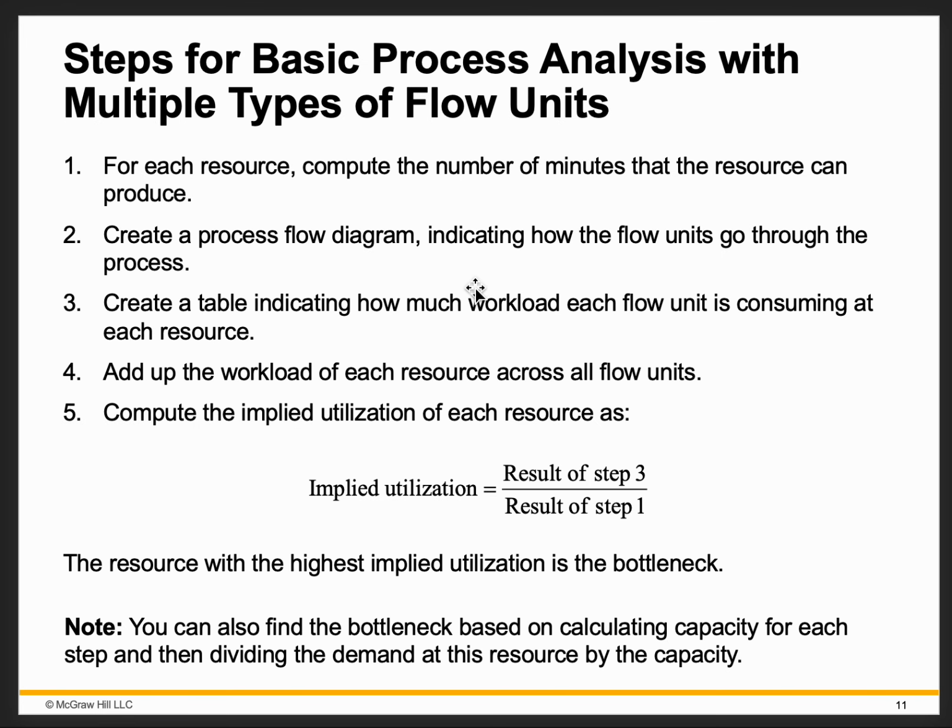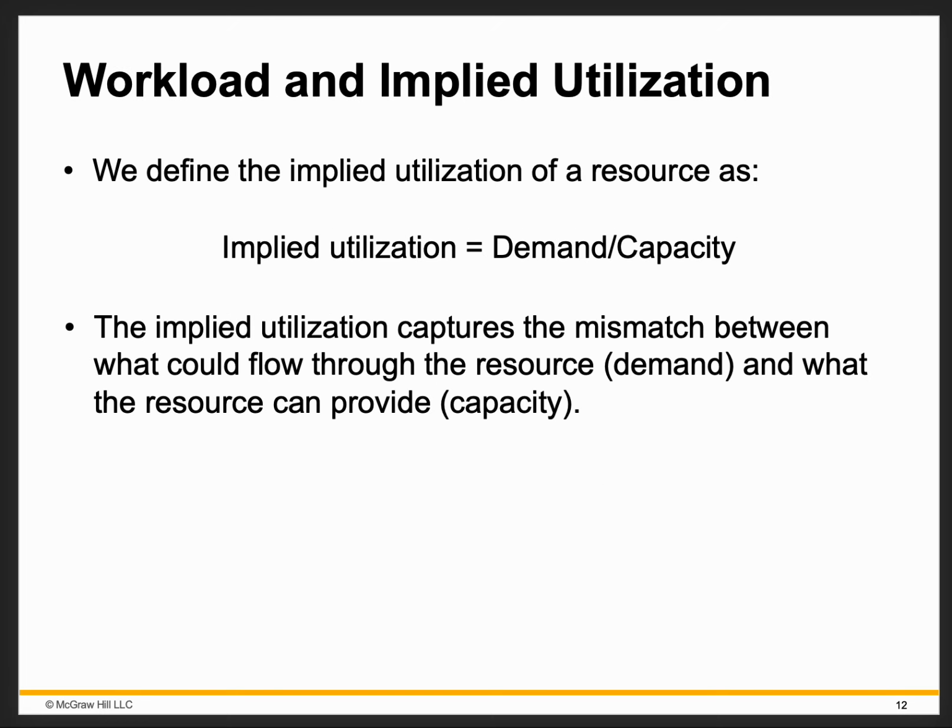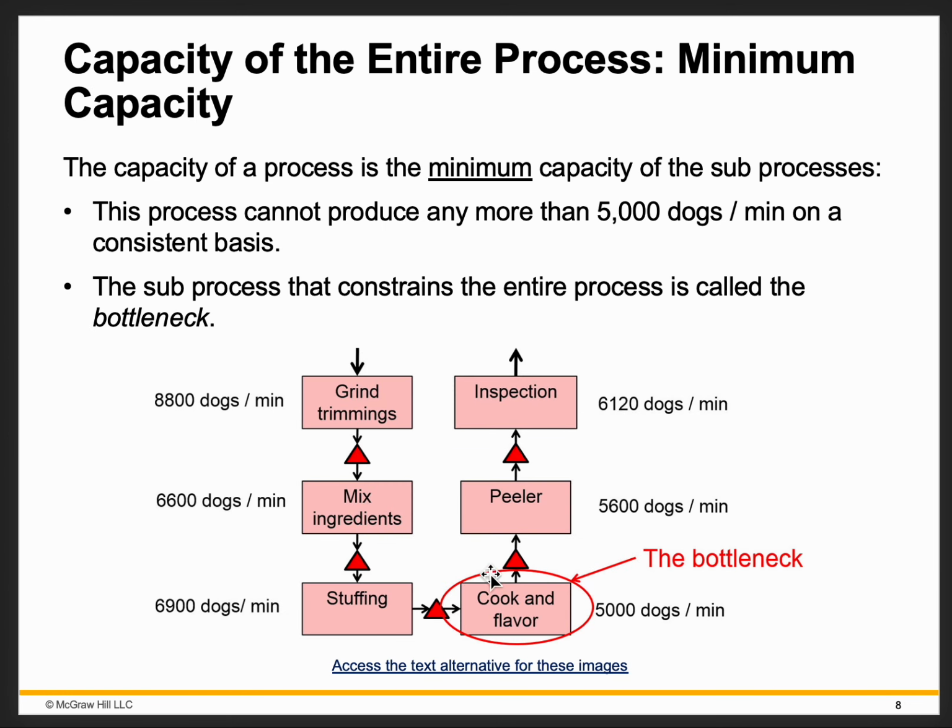Okay, so with that, the next thing that we need to calculate is the implied utilization. Implied utilization is something that is important to understand. Once we know what the capacities are, we can calculate implied utilization as demand divided by capacity. So what does that mean? Say for example, here with this process, we know that we can make 5000 hot dogs a minute or 300,000